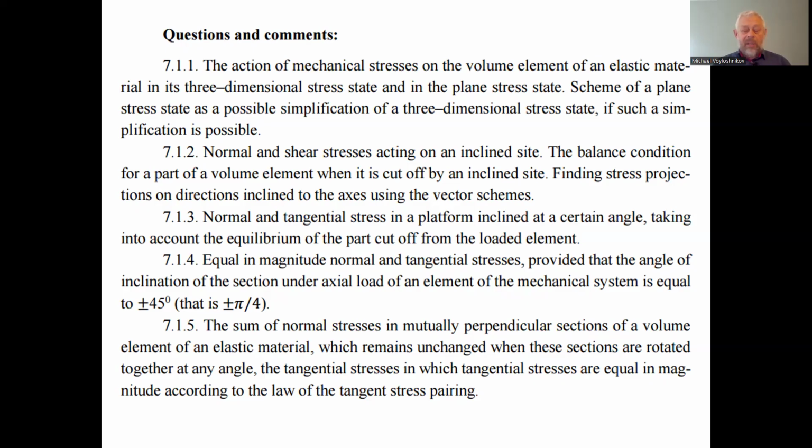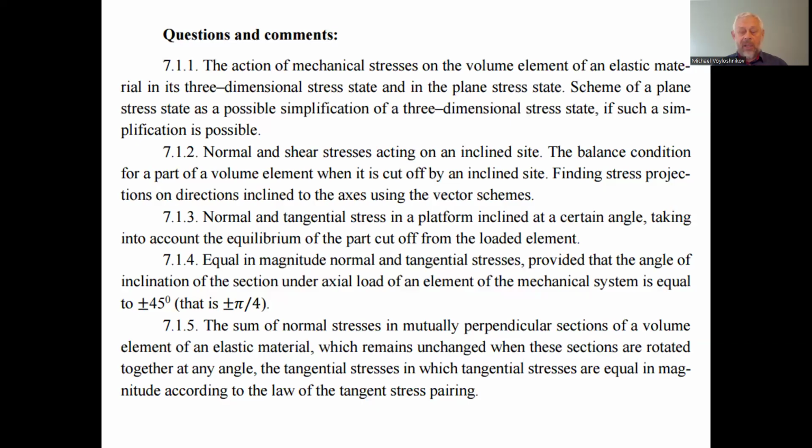The maximal tangential stress will be equal if we have the side inclined to 45 degrees, or plus minus pi divided by 4, to the direction of stretching of the mechanical body, if we only have stretching, no other stresses applied, no normal stress in another direction, and no tangential stresses assigned originally. Then in the side inclined at 45 degrees, the stretching stress and the shearing stress will be equal in magnitude. This is in one definite plane inclined by 45 degrees to the direction of the stretching or compression of the